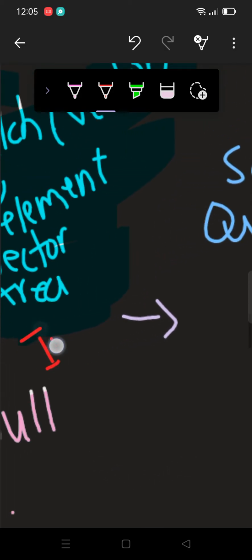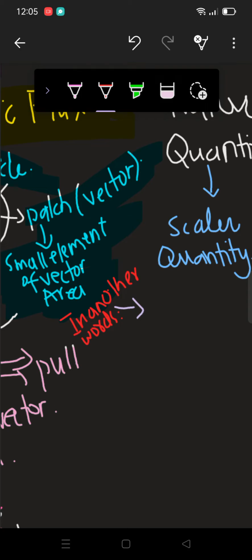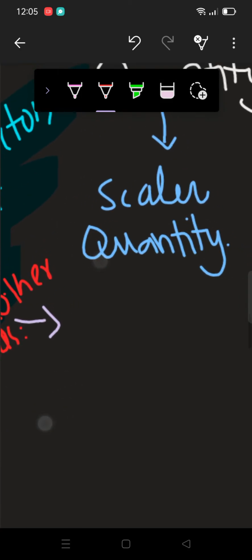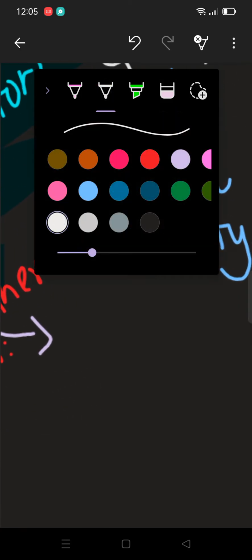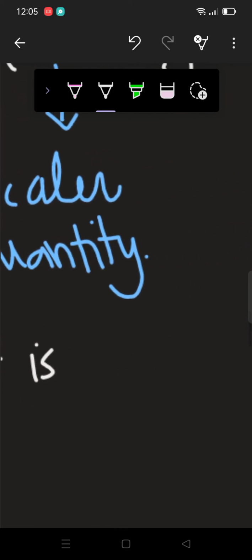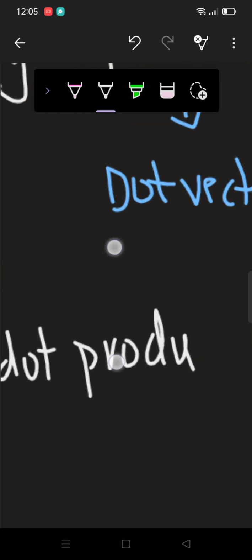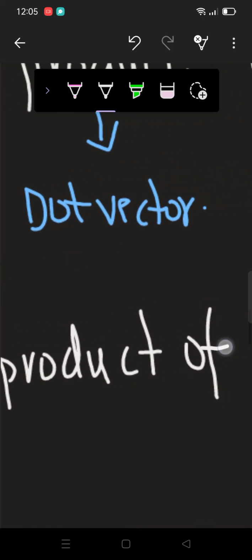Now, in other words, this is the second definition of electric flux. The first definition of electric flux was the number of electric lines of force passing through a very small element of vector area is called electric flux. But now the second definition of electric flux is that it is the dot product. I'll tell you what this dot product is. It is the dot product of